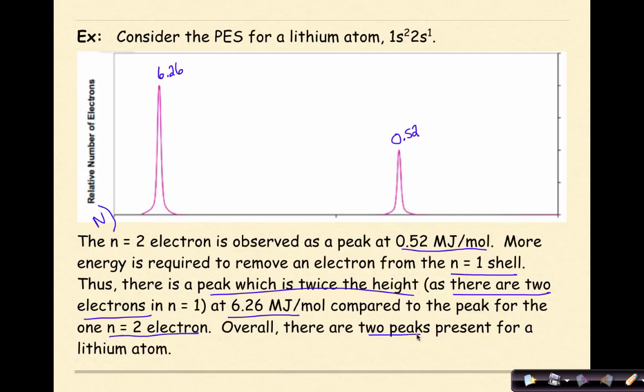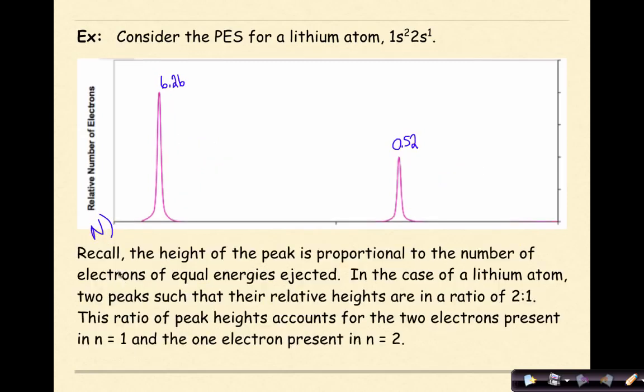Overall, there are 2 peaks present in a lithium atom. So this peak right here represents 2 electrons, while this peak right here represents 1 electron. And we can see, because this is double the height of this one. So this peak right here, especially since it's closer to the nucleus, would represent 1s2, and this peak right here would represent